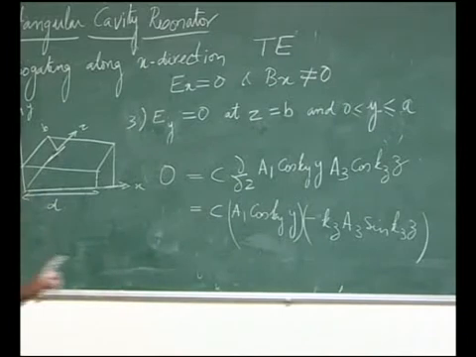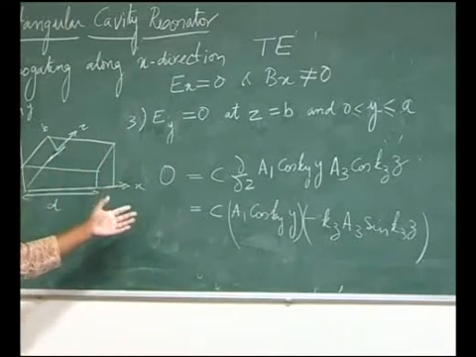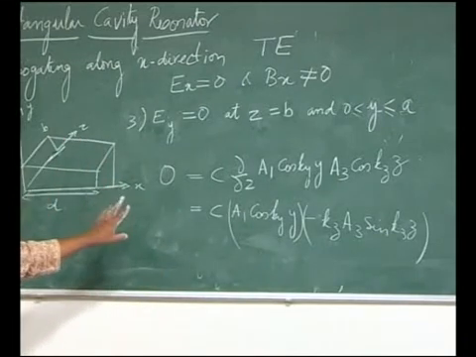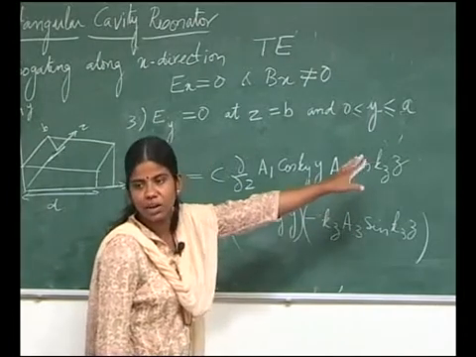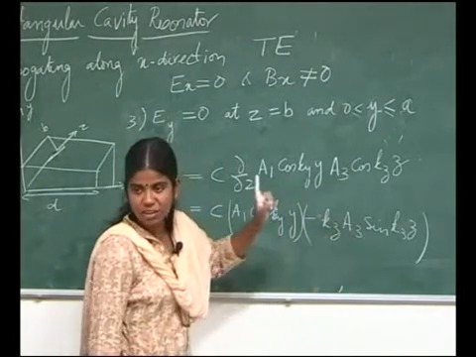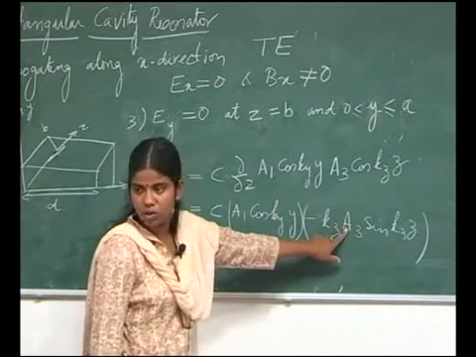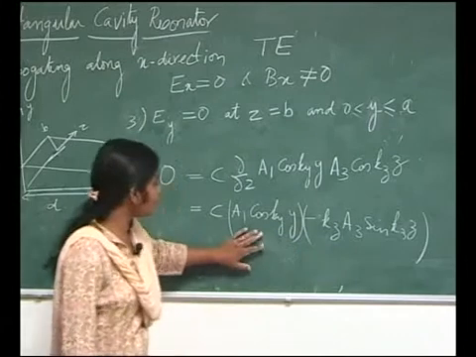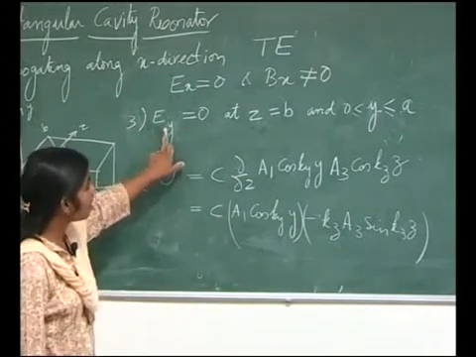Okay, sin kzb should be 0 to ensure that this whole equation is equal to 0. Because the moment I choose A3 as 0, then there is no z component. So I cannot assume A3 is 0 here. So I assume that A3 is not equal to 0. Is it clear?